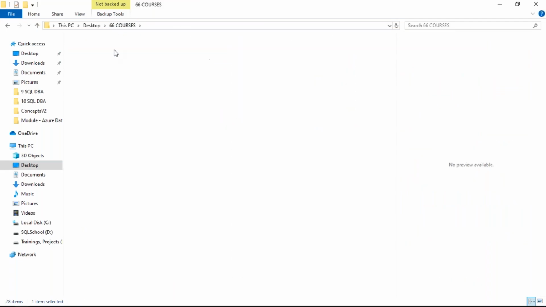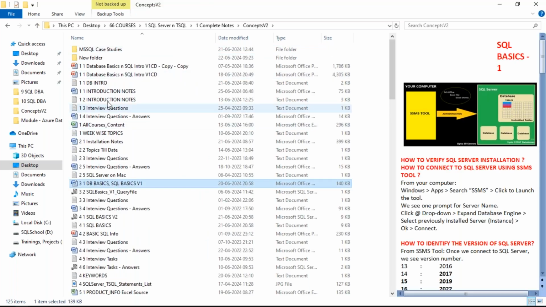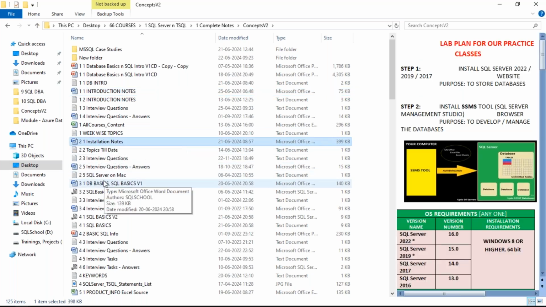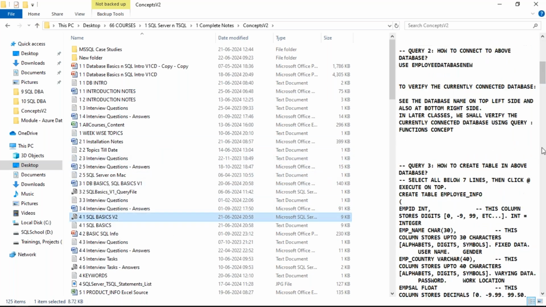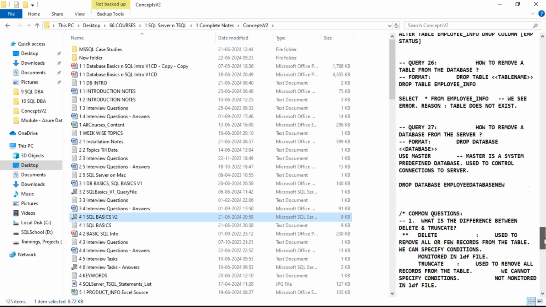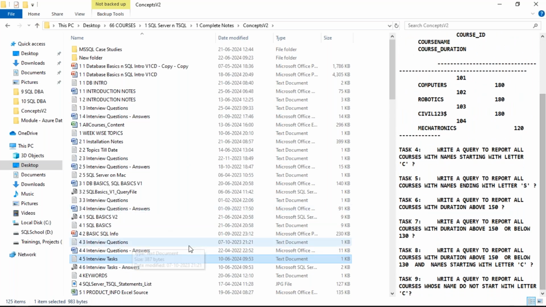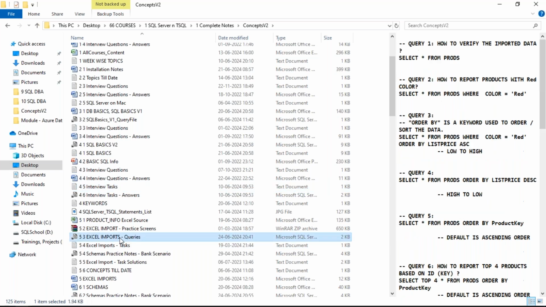In our classes, we'll be taking SQL concepts first. The first chapter right now is introduction, then installation, and the next chapter by tomorrow. The third chapter will take 10 queries. The fourth chapter we are going to take about 35 to 40 queries like this. About 27 questions in the class, and then about 15 to 18 task items, all about practice. And then we have something called next level queries.